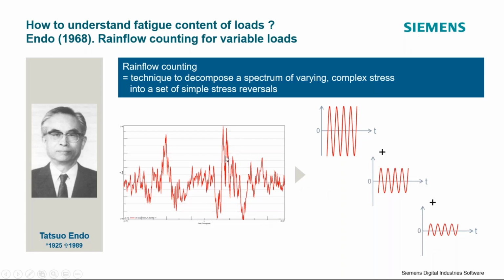And I like to compare rain flow counting to the Fourier transform in the way that in a Fourier transform, if we were to take an FFT on a set of time data, we break that signal down into its constitutive frequency components that are the building blocks of a signal. Rain flow counting does something similar, where we are instead breaking this signal down into its constitutive stress, strain, or I'll call them load cycles.